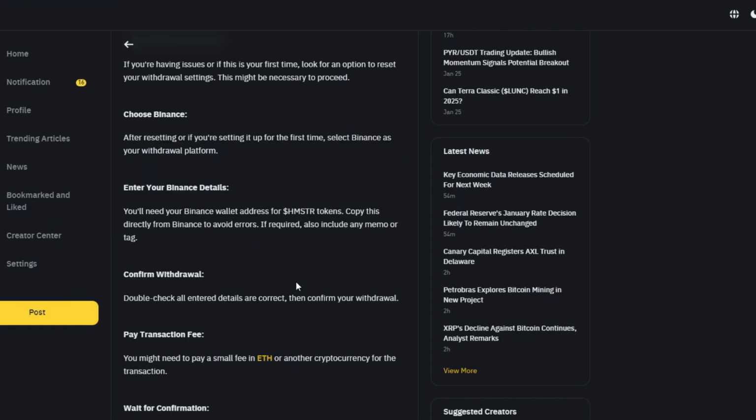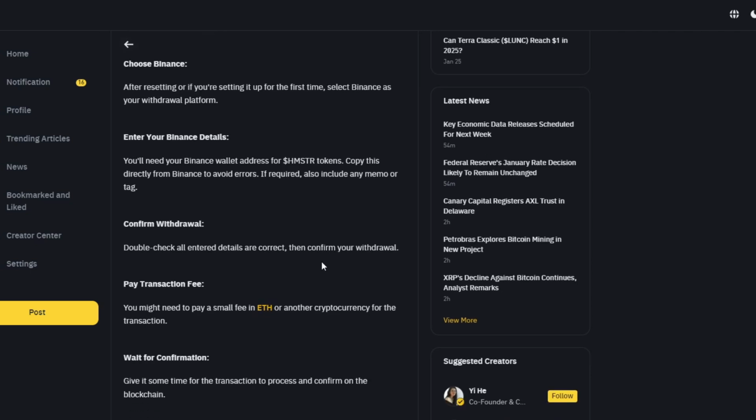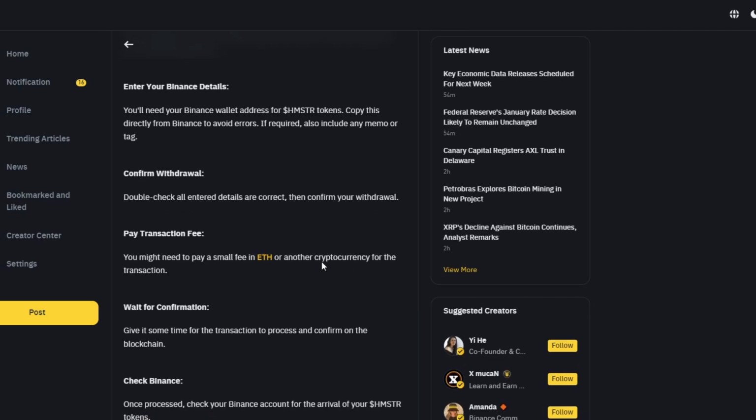From there, just go ahead and paste your address into the Hamster token game, and from there you can just confirm your withdrawal, pay the transaction fee, wait for confirmation, and you should be good to go. You can just double check your Binance once more to make sure that the transaction has been